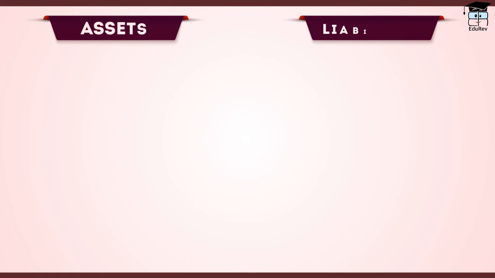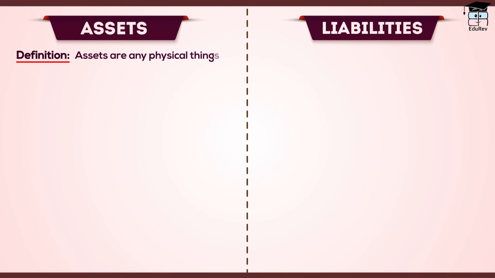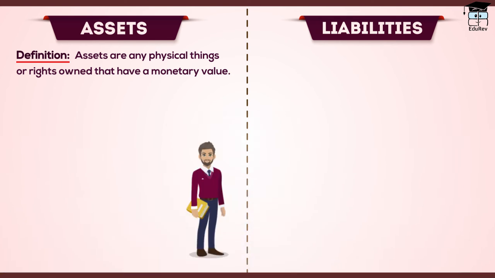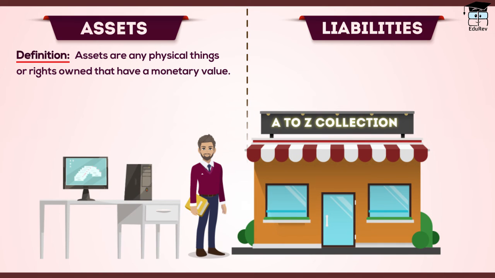Moving further, in our first session, we used these two words, assets and liabilities. So let's discuss those terms. Assets are any physical things or rights owned that have monetary value. So in the business of Mr. Raj, furniture would be termed an asset since it is owned and used by him in the business. If in future he purchases a new shop and computers in his business, then that would also be termed an asset. Debtor balance from whom the amount is due or the stock unsold lying with him are also assets